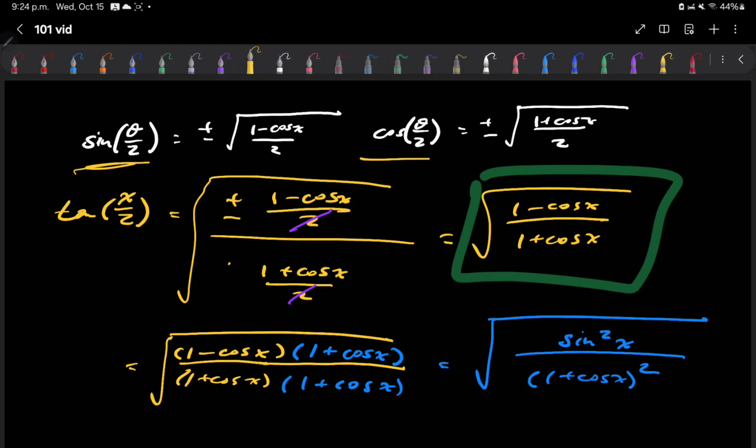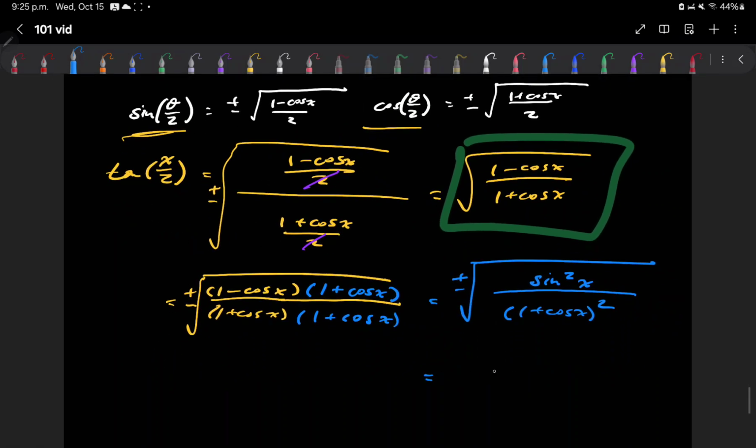Instead of having the plus or minus inside here, the plus or minus goes outside of the square root sign. So I'm sorry if you erased something. Now we have a fraction inside a square root, and both the top and the bottom of the fraction are squared. So we can unsquare everything and then write less. So this gives us